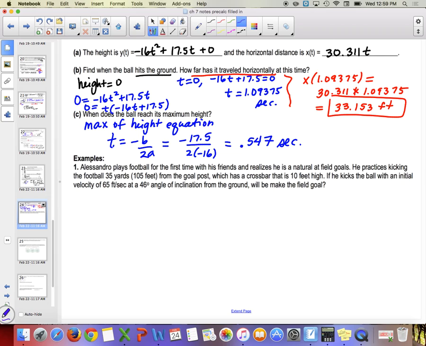All right, Alessandro plays football for the first time with his friends, and he realized that he is a natural at field goals. He practices kicking the football 35 yards, which is 105 feet from the goal post, which has a crossbar that's 10 feet high. Okay, so you guys know this whole drawing, right? You got this figured out. If he kicks the ball with an initial velocity of 65 feet per second at a 46-degree angle,